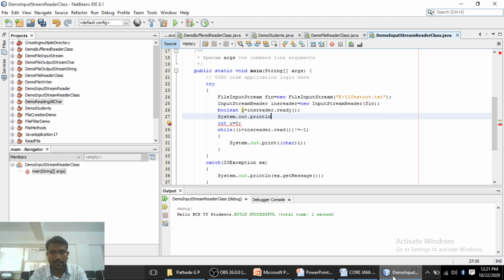Here we can simply display the message System.out.println, and inside this, sorry, we have to use a different variable because i is already used. Suppose we are using j, so inside this we use j, semicolon. Now see the output. It will first display whether the stream is ready to be read or not.